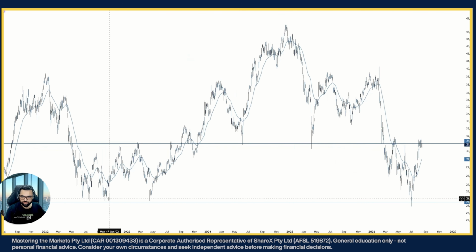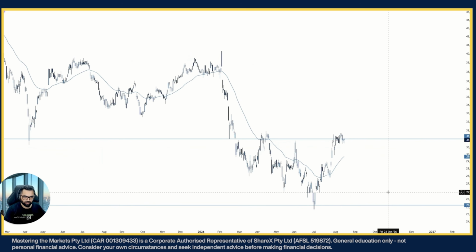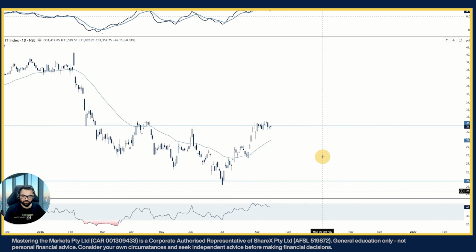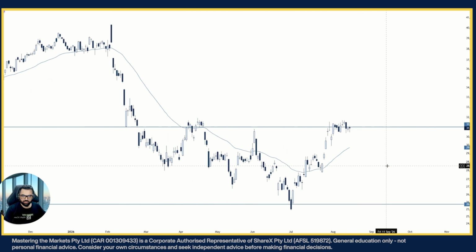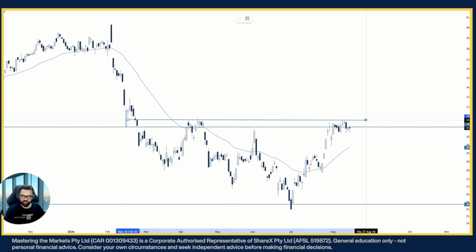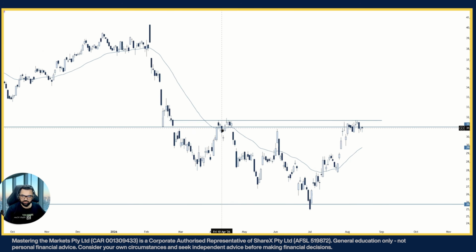Index touched the lows made back in 2022 and again picked up, and now again it is revolving around this resistance from where it broke down earlier. So do we have an outright bullish view here or not? Actually pretty much confused on this one. So for a safer side, we can draw one more resistance here. Correct. So this resistance can be used as another margin of safety here to confirm any breakout, because since this